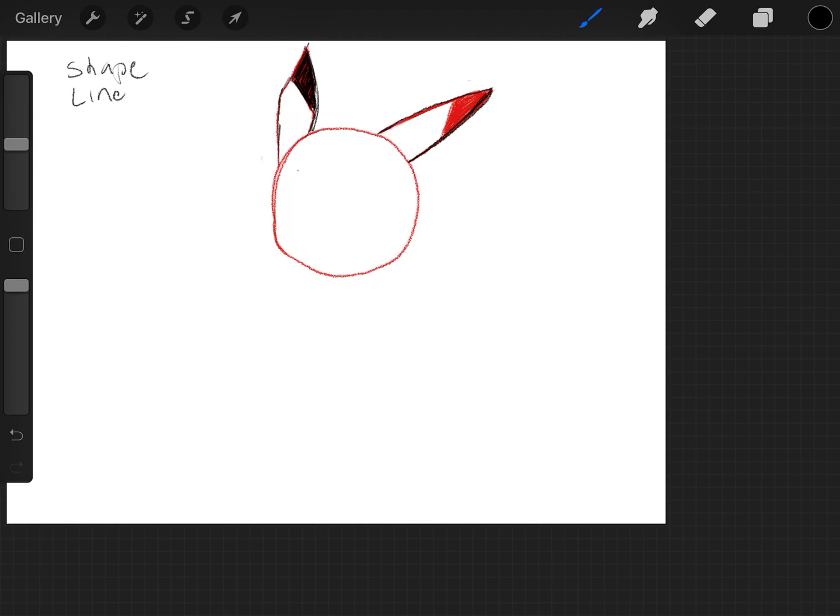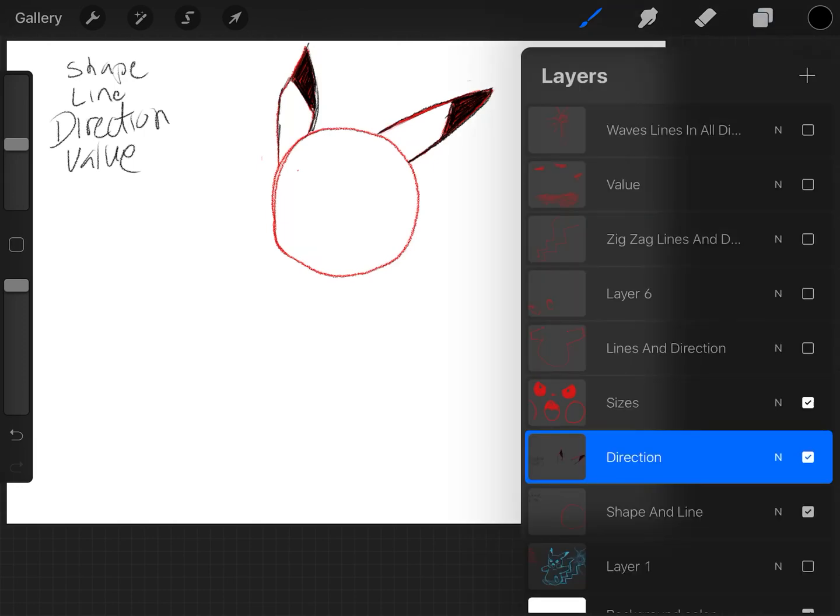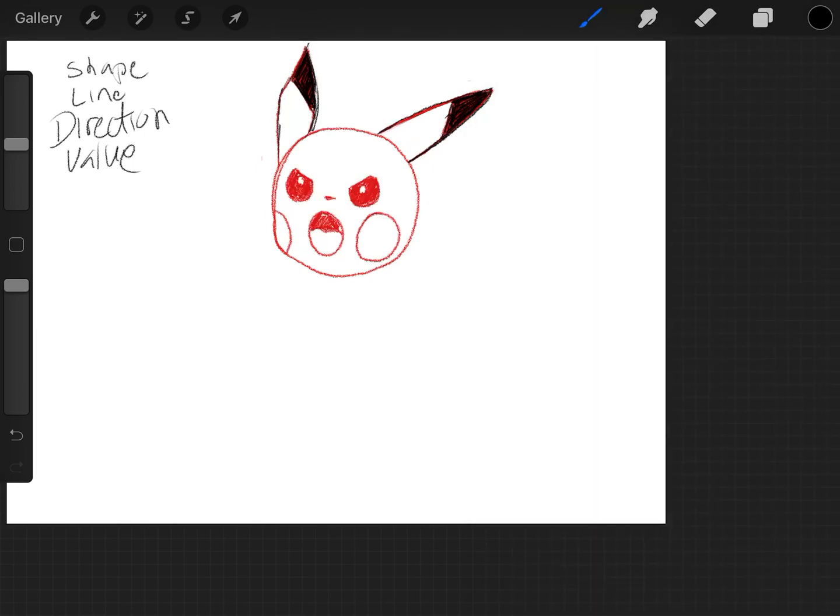Okay, and there's the other ear, right? Right on. There we go. Look at that. Wow, shade that in. So we got direction and value that we're using. Here we go. We got sizes now, right? For the eyes,